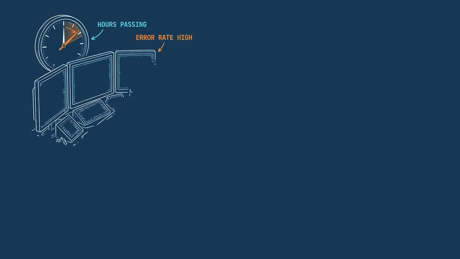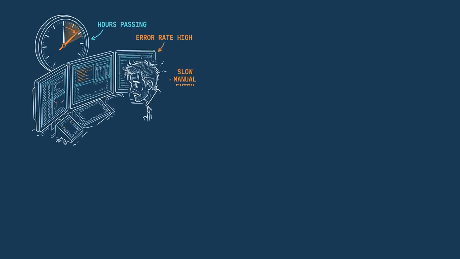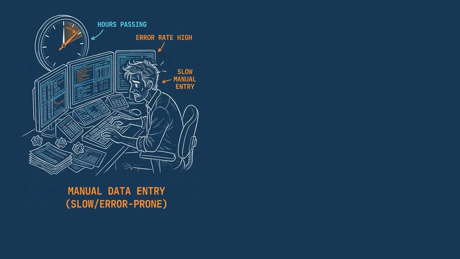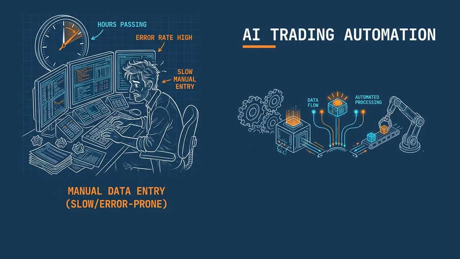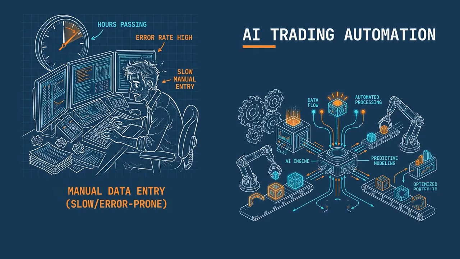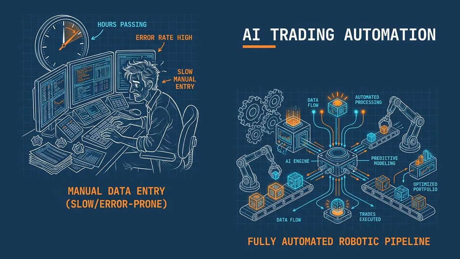Most portfolio managers still rebalance manually, pulling position data, calculating drift, and placing trades by hand. That's slow, error-prone, and introduces emotional bias into execution. This AI trading automation blueprint wires together a fully automated portfolio rebalancing pipeline that handles the entire cycle without human